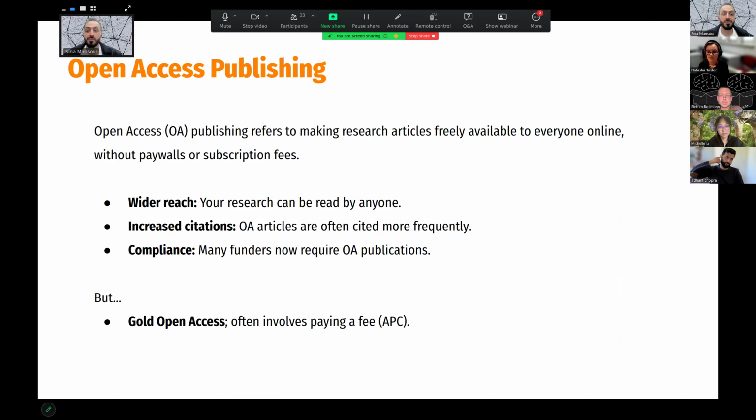Most journals are now providing open access solutions that can help you make your research articles freely available to everyone online without having to pay to access your paper. Obviously, there are many benefits to making your paper open access. It will increase the reach of your results, increase your citations, and many funders actually require publishing in